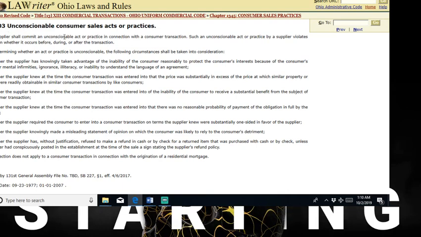It says unconscionable consumer sales acts or practices. No supplier shall commit an unconscionable act or practice in connection with a consumer transaction. Such an unconscionable act or practice by a supplier violates this section whether it occurs before, during, or after the transaction. It says before, during, or after the transaction. To determine whether an act or practice is unconscionable, the following circumstances shall be taken into consideration. So you got to understand,